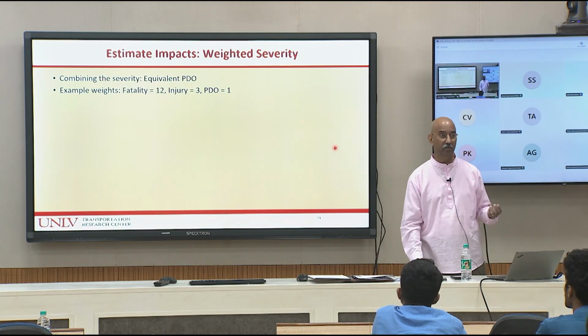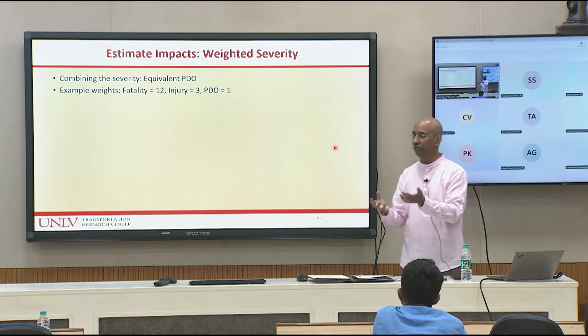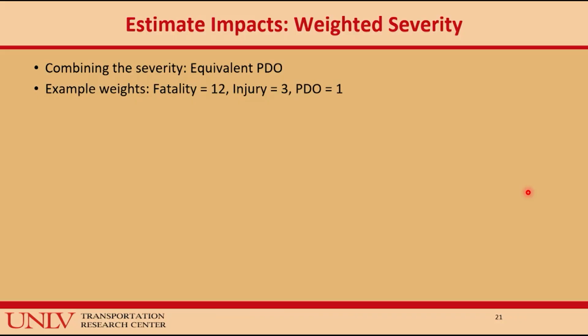If you don't have the dollar values, maybe you have a focus group of experts from different disciplines saying, okay, if a property damage crash is equal to 1, how much more would you weight an injury crash? How much more weightage would you give to a fatal crash? So in this crude example, I said, based on a focus group, all of you in this class and online agreed that if the property damage crash is worth 1 point, an injury crash is 3, and a fatality is 12 times as bad as a